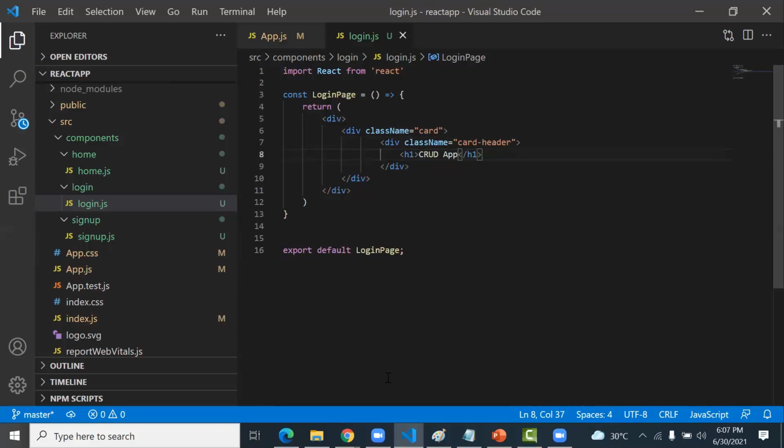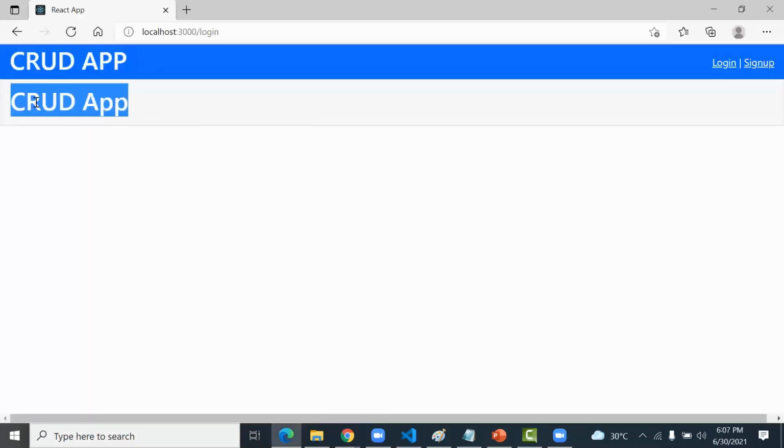Okay, now we see the login page. So if I click login, it is showing me the CRUD app, correct? See the design. This is CRUD app.